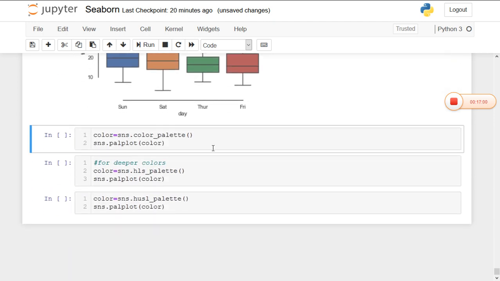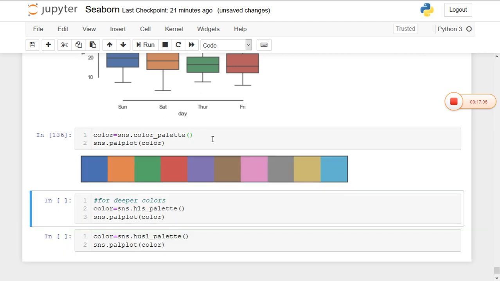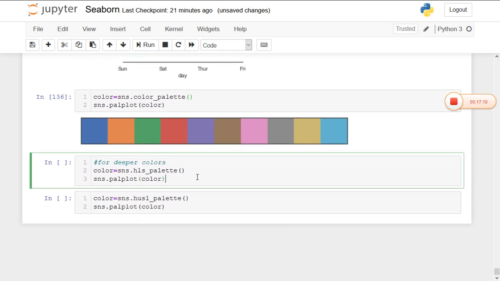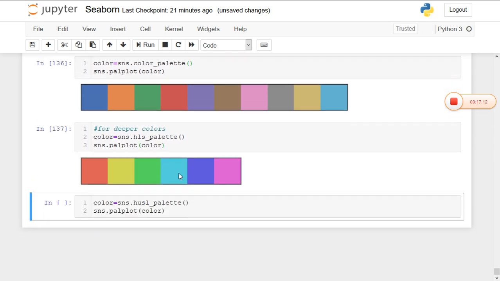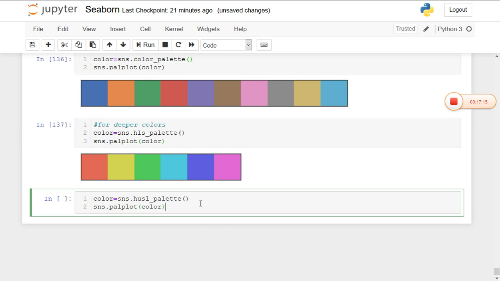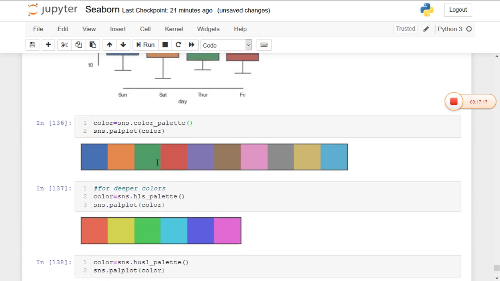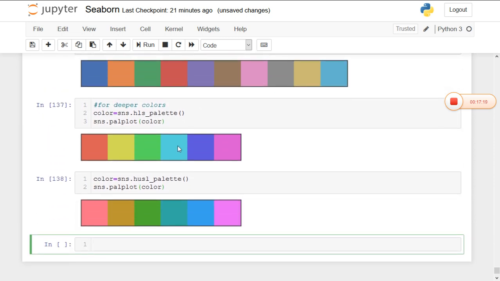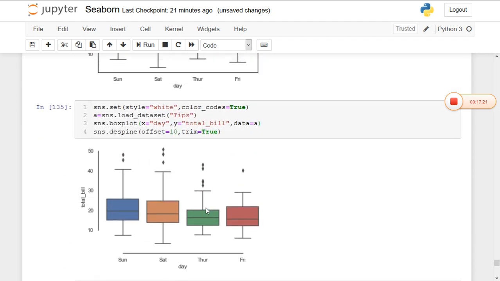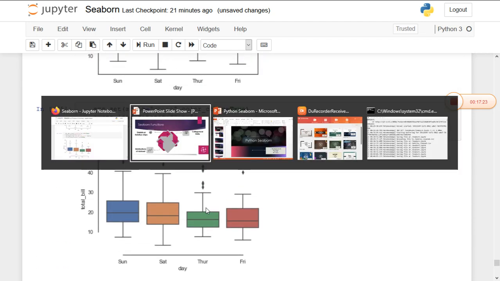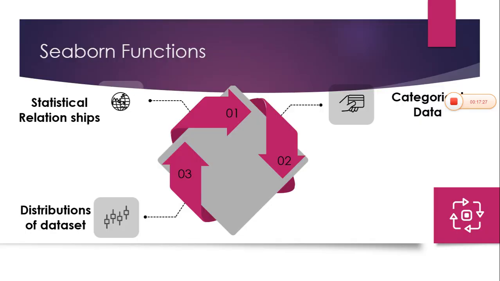Now coming to the last topic, that is the color palette. A color palette contains different types of colors. Based upon this, we can apply themes to the given graph. For deeper colors, we are going to use the HLS color palette, and for other deepened colors, we are going to use the HUSL color palette. These are the three color palettes. Based upon these three color palettes, we can customize our graphs in a data set using the Seaborn library. These are the basic functions of Seaborn, for statistical relationship, distribution data sets